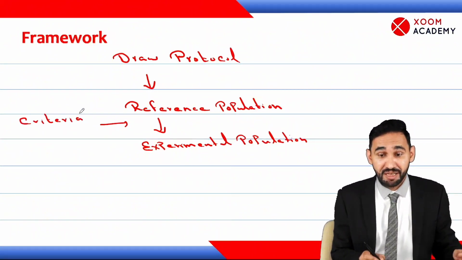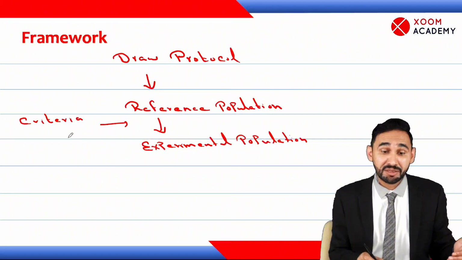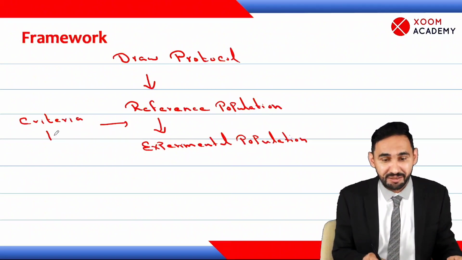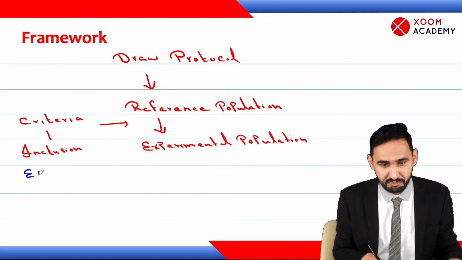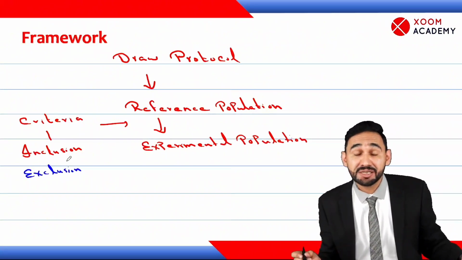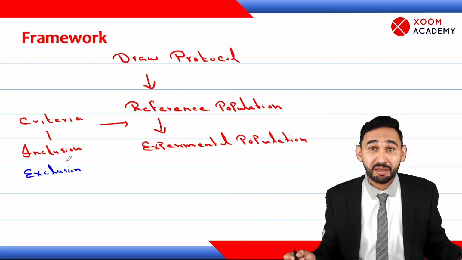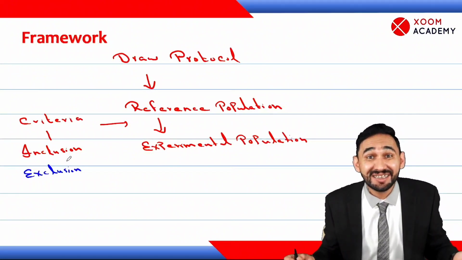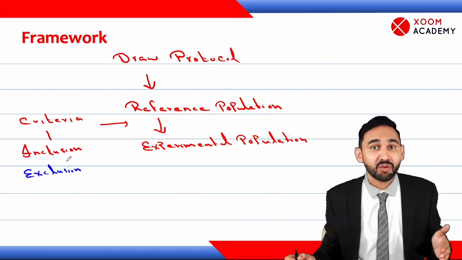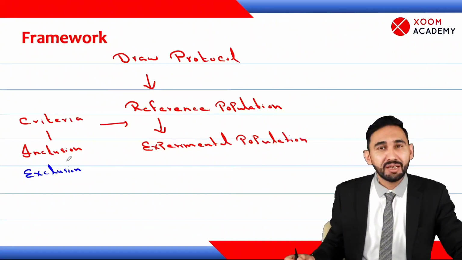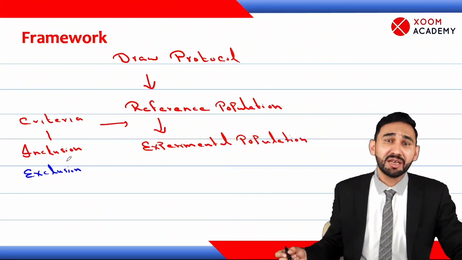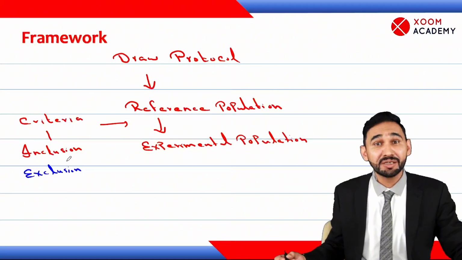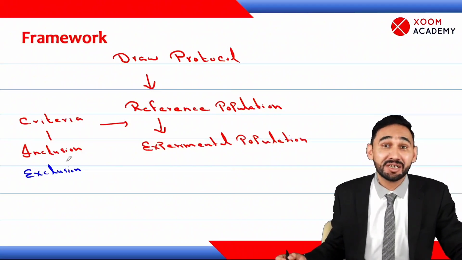We select the experimental population from the reference population by drawing a criteria. What is this criteria? It is called inclusion criteria and exclusion criteria. What is meant by inclusion criteria? Inclusion criteria means those participants who are required to be added in the study, and exclusion criteria, those who are not added. Like, we are doing a study on the effect of iron supplements on anemia in children. We will include children. We will exclude elder ones.